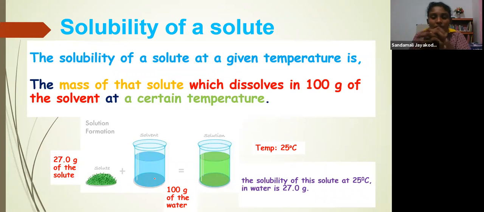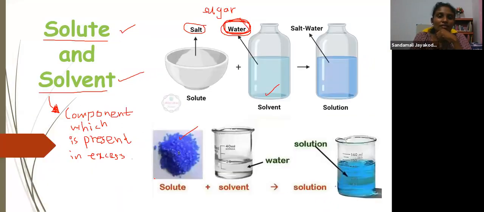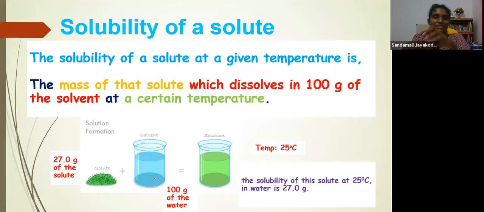And in this way, when we are dissolving any solute in any solvent, there are a few factors affecting the ability to be soluble, the solubility of a particular solute in that particular solvent. Mainly there are 3 factors. Before learning about the factors affecting the solubility, we have to learn what